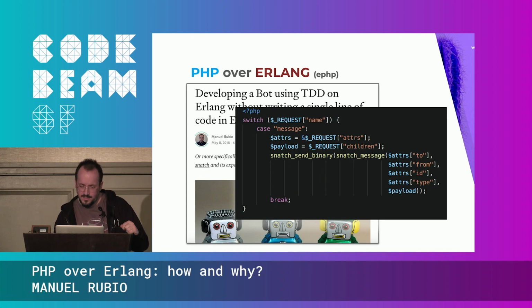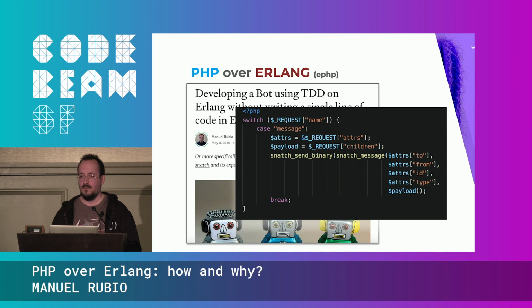So you see the snatch_send_binary and snatch_message. Those are the two functions that you can see here. They are created in Erlang, and they are published so we can use them from PHP. So they provide us a small set of functions that we can use, and the specific functions that we